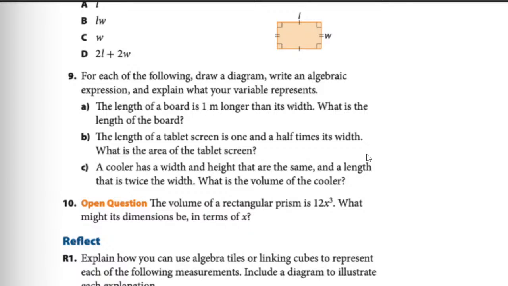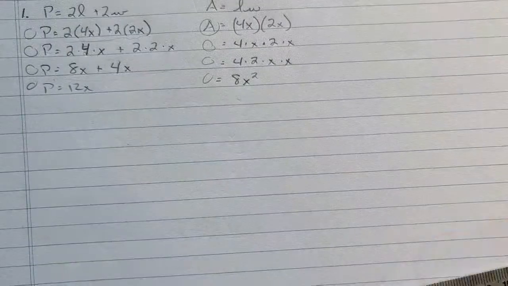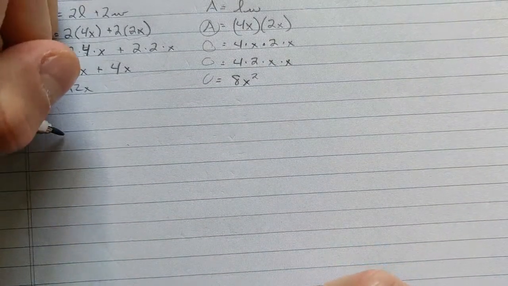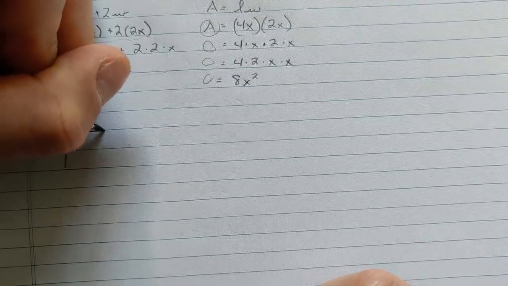And explain what your variable represents in that case. So if we take a look at these, 9a, the length of a board is 1 meter longer than its width. What is the length of the board? So we got a board, we got a length and a width, so we're looking at a rectangular type of shape. So we can take that 9a and we can draw that out, just a quick little